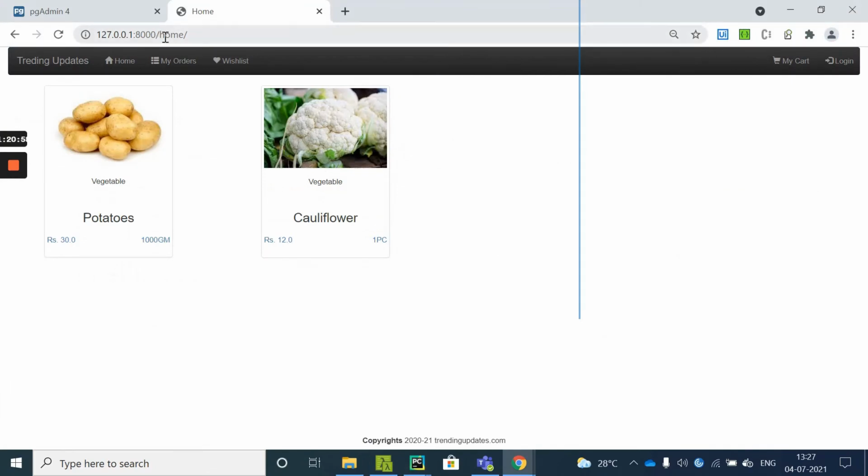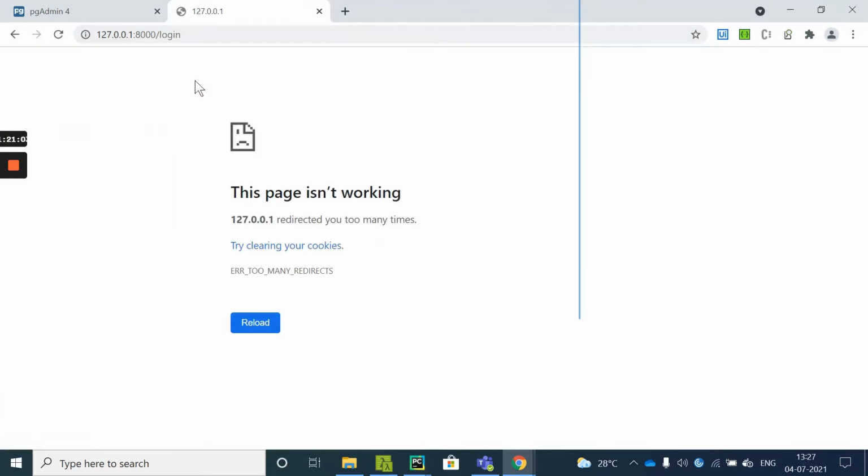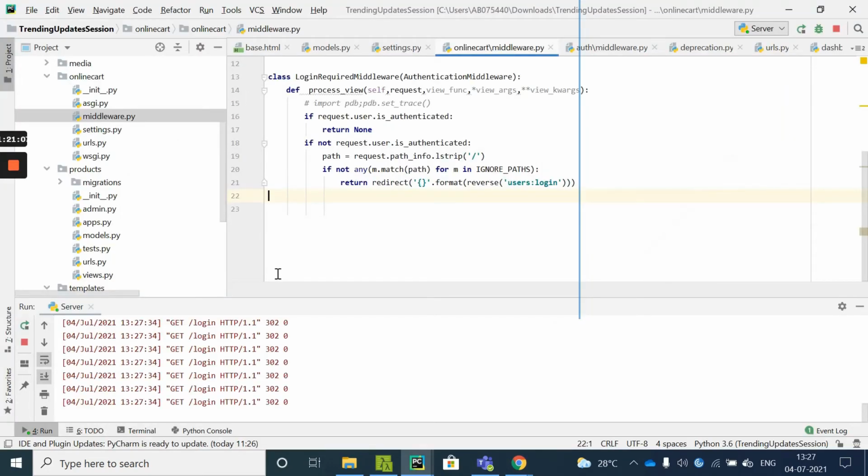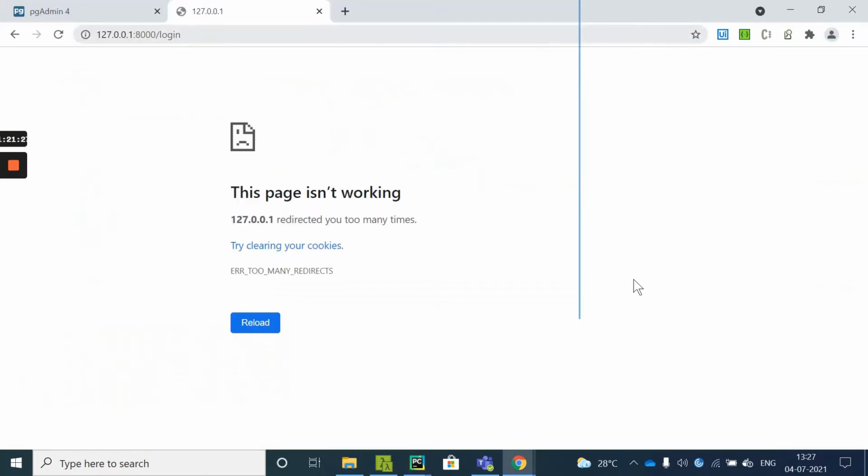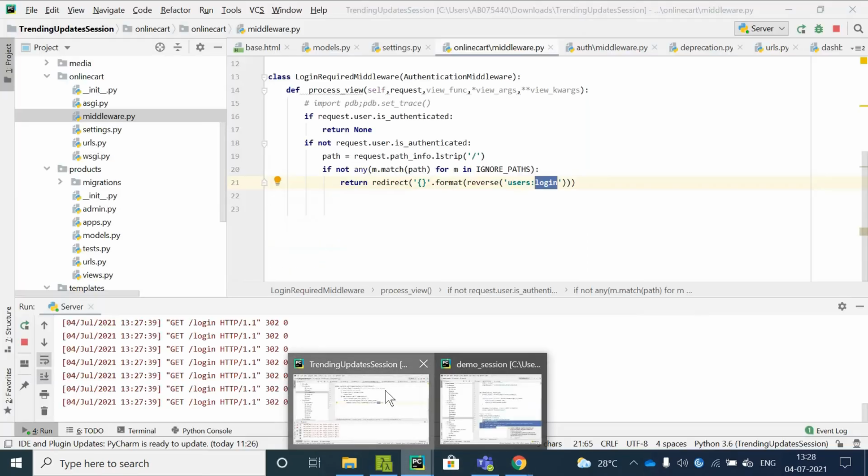Now we are on the home page, but when I click on product/8, you saw what happened, it redirected me to the user's login page. This is happening because of your middleware now.